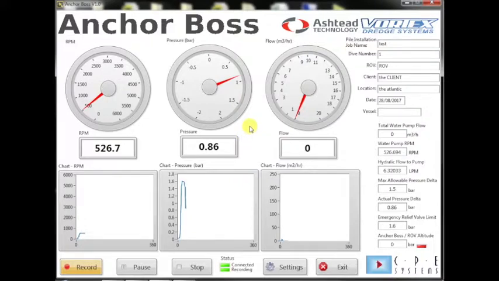The valve is switched off. RPMs. Right. Now we'll stop the run and